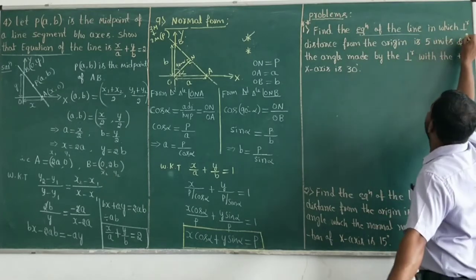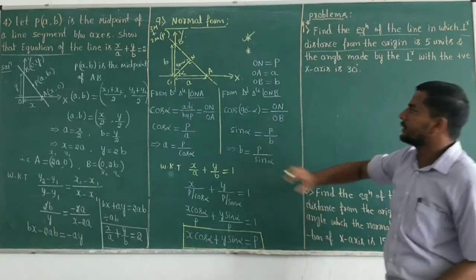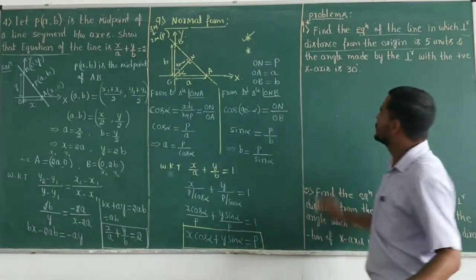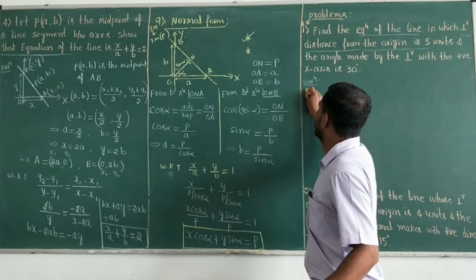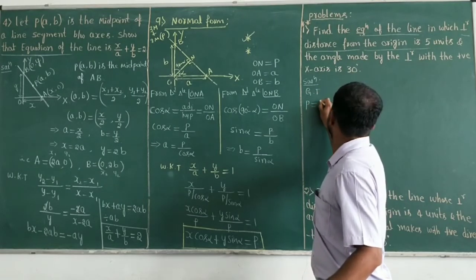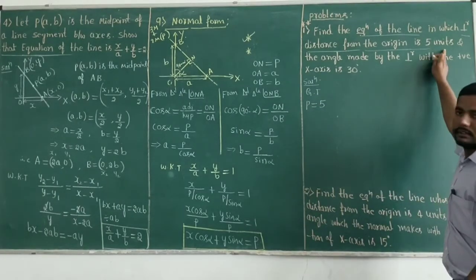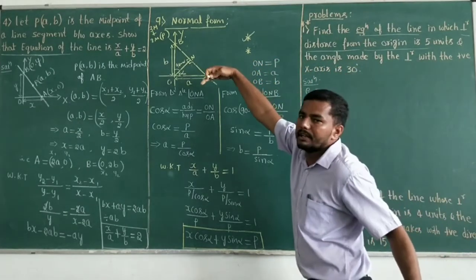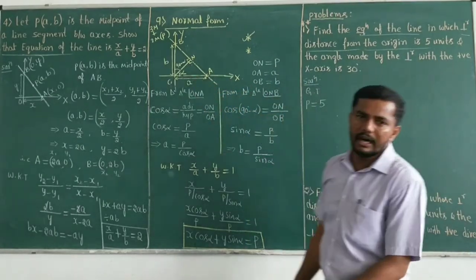In which perpendicular distance from the origin is 5 units. Perpendicular distance from the origin is given, so they are given P. Given that the value of P, the perpendicular distance, is equal to 5 units. Next, the angle made by the perpendicular with the positive x axis, that is nothing but alpha. So alpha is